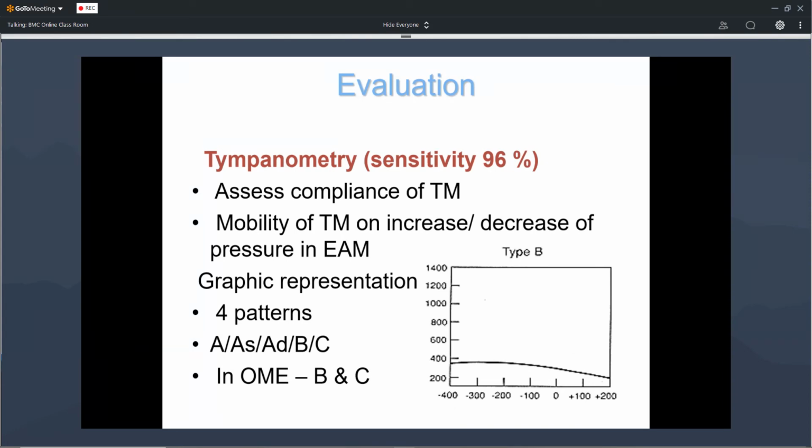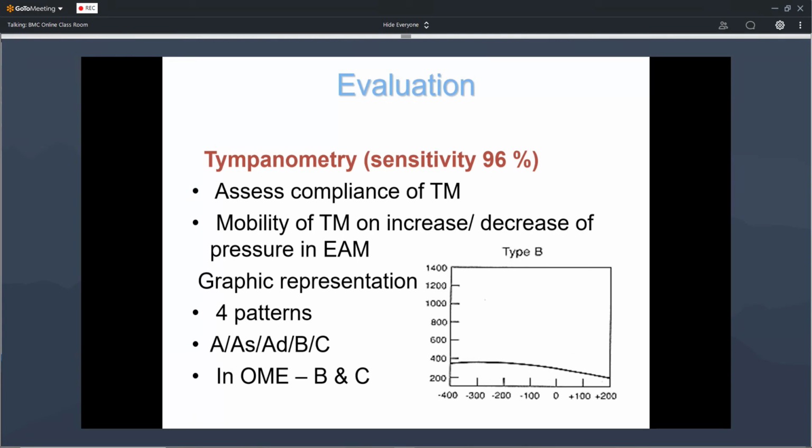When you present some sound energy to the tympanic membrane, some of the sound energy is absorbed by the tympanic membrane and some is reflected from it. The reflected sound is picked up by a sensor kept in the external auditory canal, so that we can get different types of graphs in impedance audiometry. So we can know what type of problem is in the middle ear cavity by using impedance audiometry.